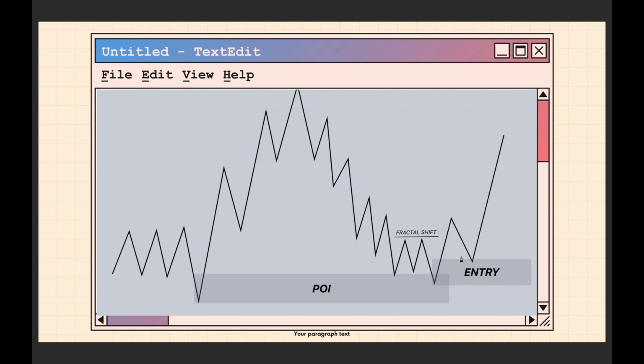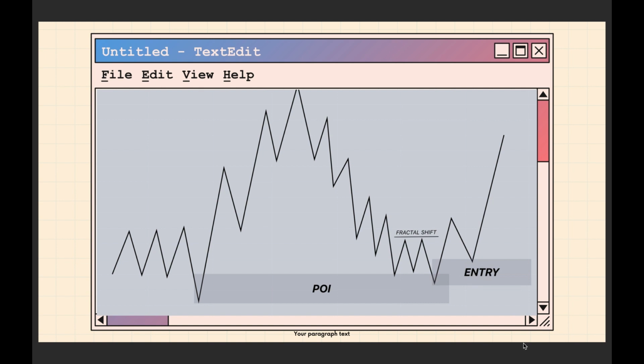What you want to look for is, okay, what structures are left behind? So we got this structure right here, or you want to look at the structure that is formed inside as it's starting to move around inside of your point of interest or reacting off of your point of interest. And what do we have here? Price is coming in, makes structure right here, sweeps that liquidity, and then makes a fractal shift to the upside, taking out this structure that was right in here, leaving behind an order block most likely in here. And this is your entry right here. Hopefully